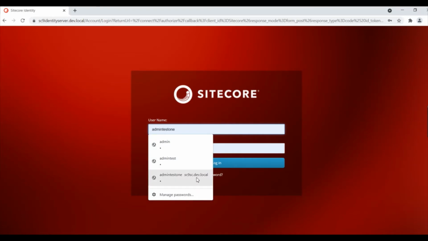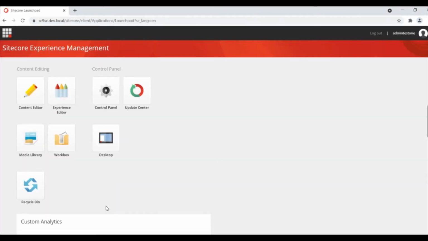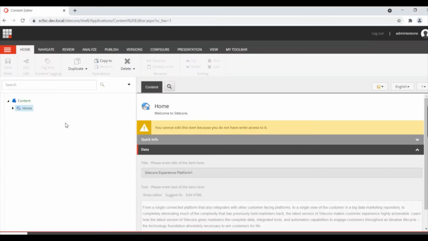Login back as Test 1. See, it has access only to this item. Based on the role I've selected, your access to the Launchpad, the content, and your publishing status will all vary. I haven't provided access for the home item. I didn't include the publishing option either, so publishing is not available. Only the view option is available. We cannot change or publish anything.